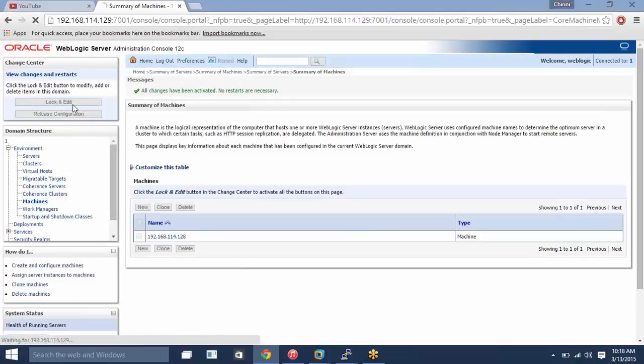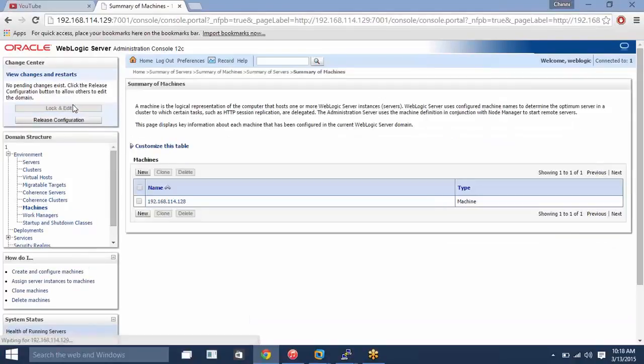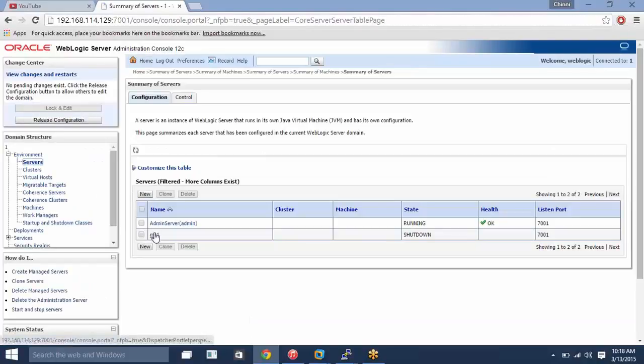Now we just activate this change. Now you can go to lock and edit, and click on server, and here you need to add your